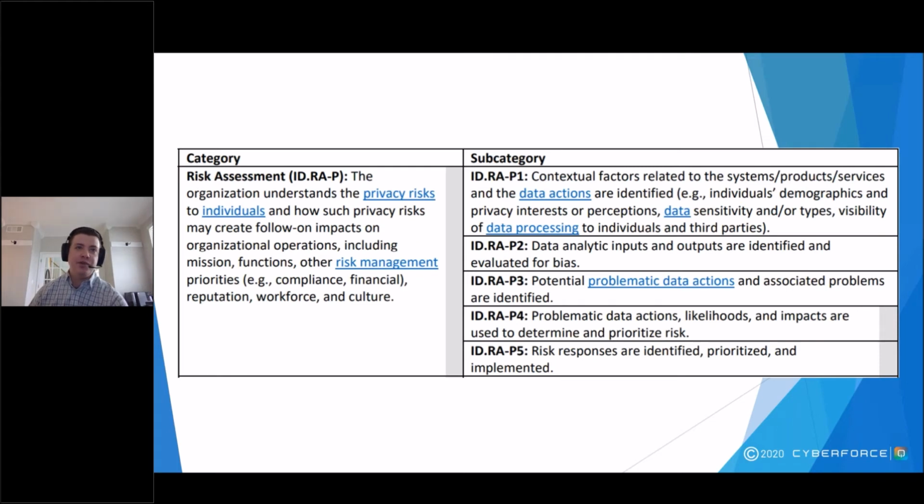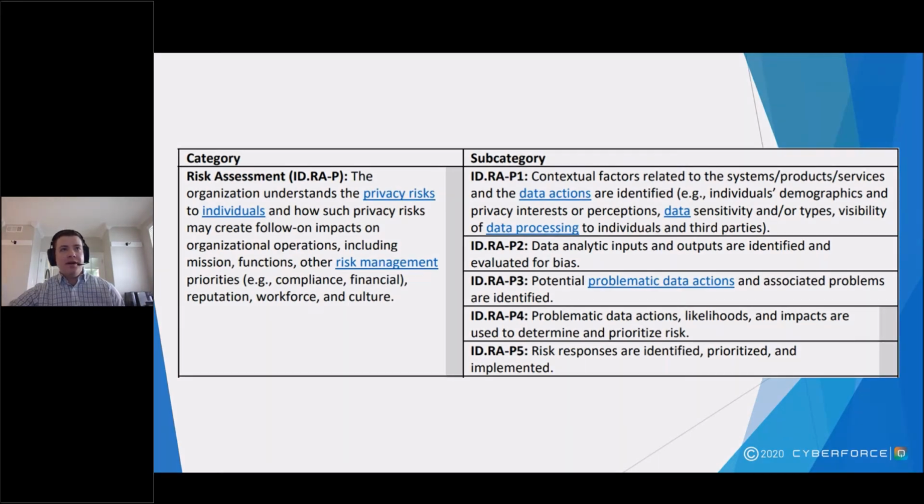Also, when you look at the screenshot, you may notice that it does not contain informative references like we saw in the screenshot from the security framework. NIST actually chose to tackle this in a different way this time around. And for the privacy framework, they're all found in a special resource section of NIST's website. I find this to be more practical just because the cybersecurity control ecosystem changes so much faster than NIST publishes new versions of these frameworks. For example, on the security side, we've seen one major update over the last 6 years. So you can imagine how the cross references might lose relevance pretty quickly.